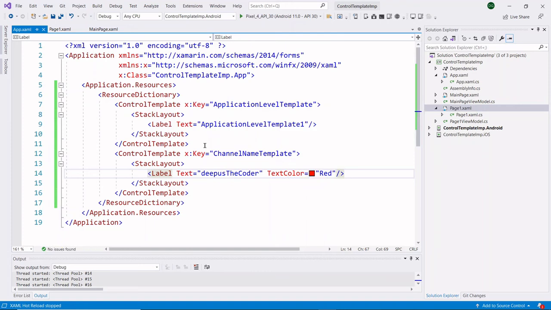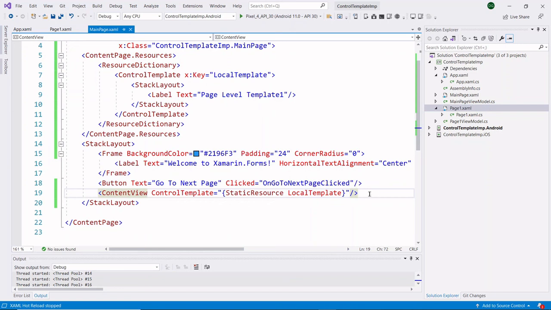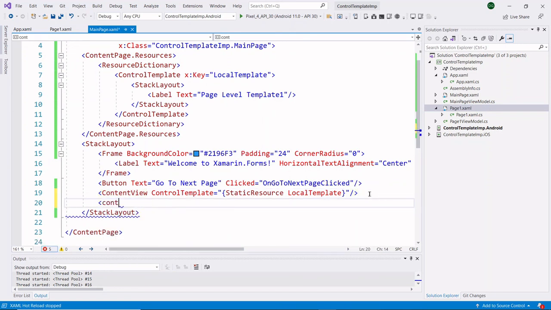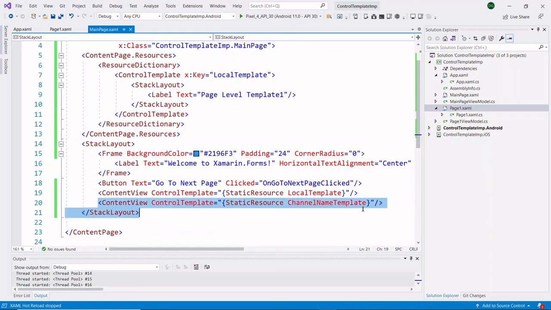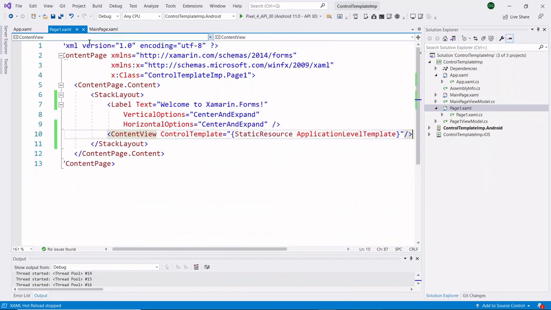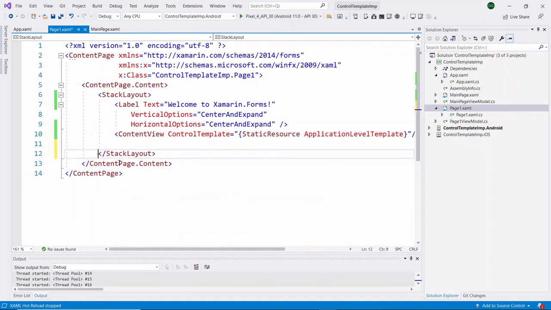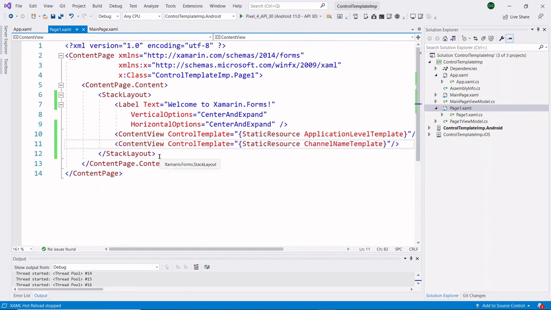Let's try to access this control template in all my pages. Let's run our application and see how it works.